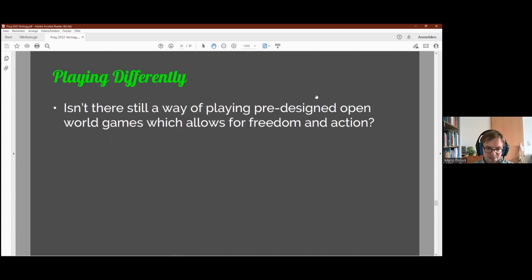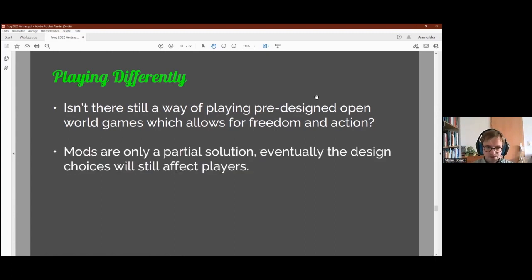But despite all this, I still like my Elder Scrolls game and I like my X4 game. I said these are two of my favorite games, despite these problems. So isn't there a way of playing that allows for freedom and even for action? And here mods come to mind, of course. Elder Scrolls games have a very active modding community. X4 also has a modding scene, and I use mods, but in the end, even with mods in X4,